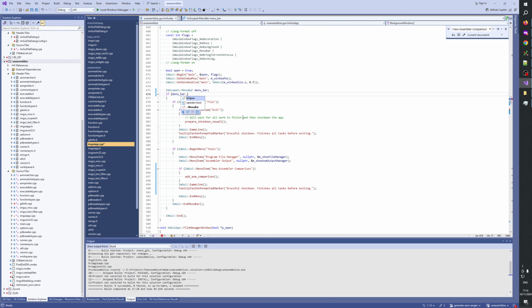Menu bar dot is open. Then we can remove this. Then here we do